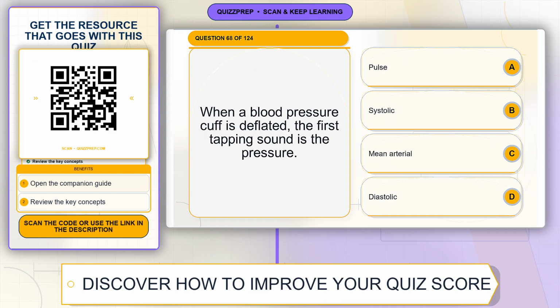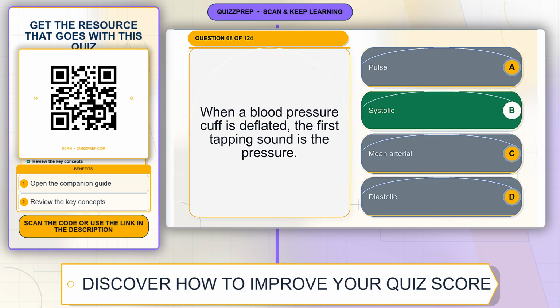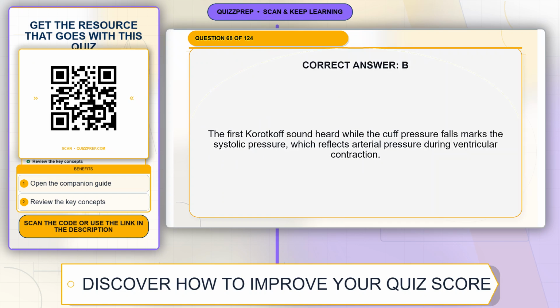Question 68. When a blood pressure cuff is deflated, the first tapping sound is the pressure. Option A, pulse. Option B, systolic. Option C, mean arterial. Option D, diastolic. The correct answer is option B, systolic. Explanation. The first Korotkoff sound heard while the cuff pressure falls marks the systolic pressure, which reflects arterial pressure during